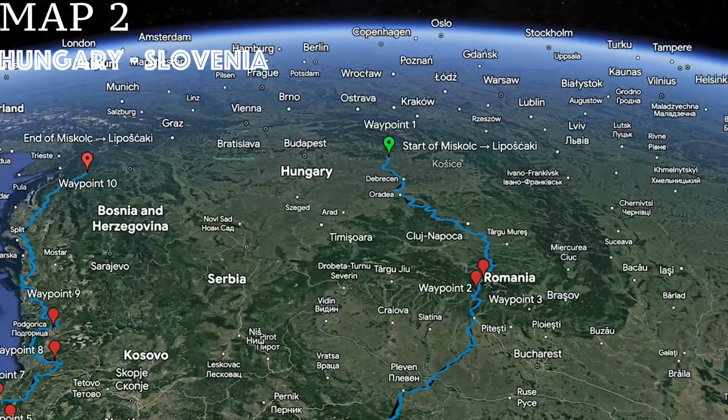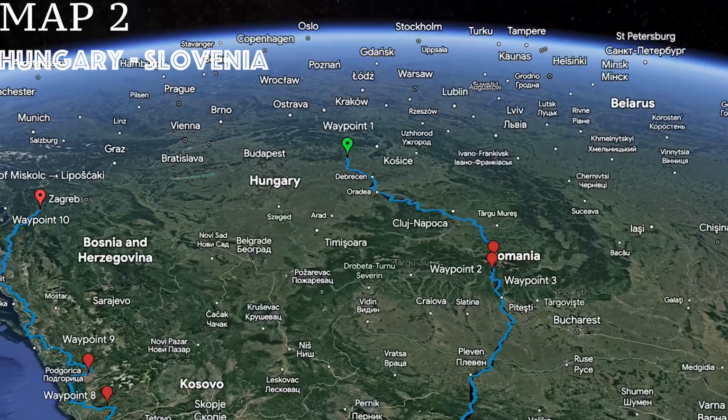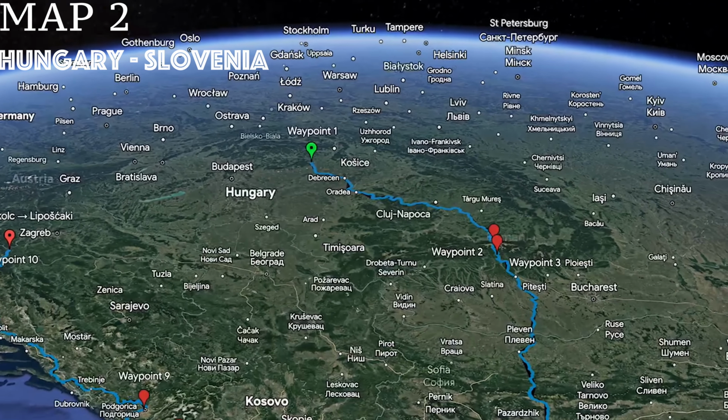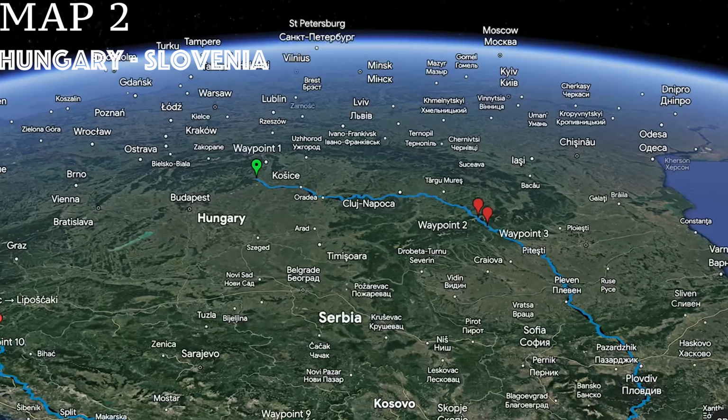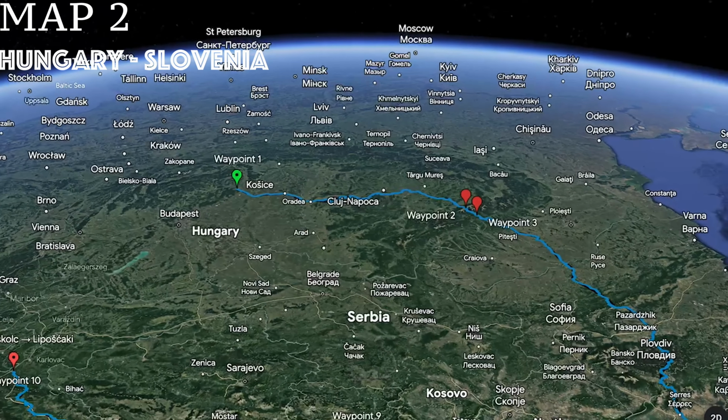The second part of the tour goes from Hungary down into Romania, where I'll be riding the Transfagarasan Pass and then heading back up into the Transalpina. From the Transalpina, I'll head down into Bulgaria, across into Greece, horseshoeing back up into Albania, Montenegro, following the coast road into Bosnia, before heading into Croatia and following that up into Slovenia.